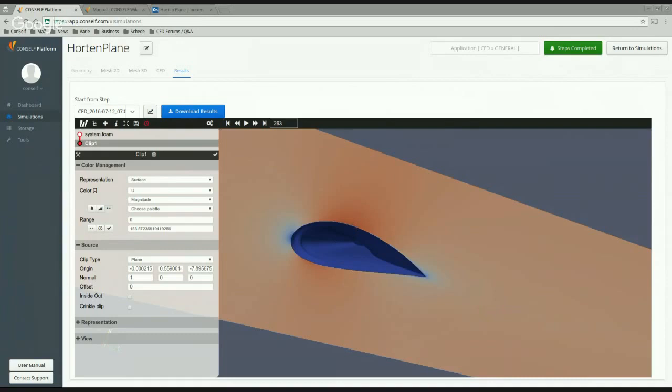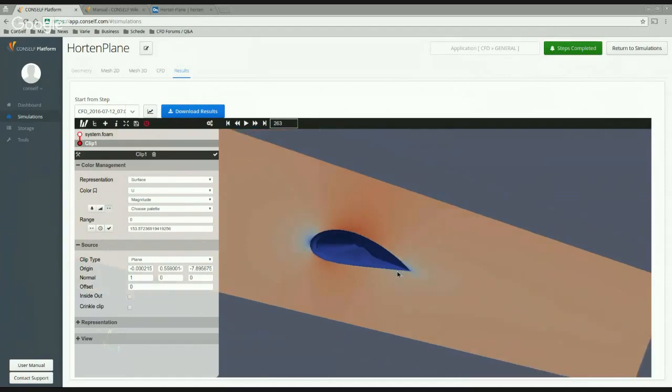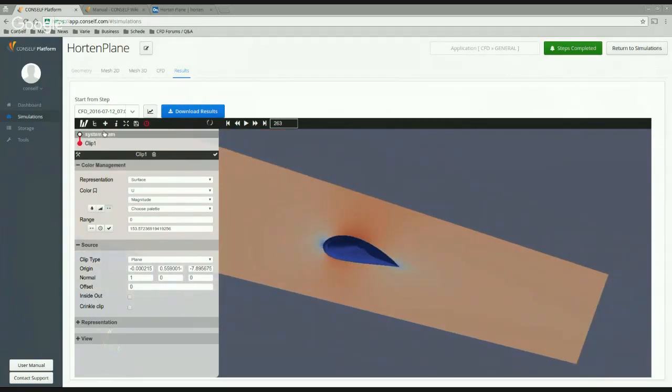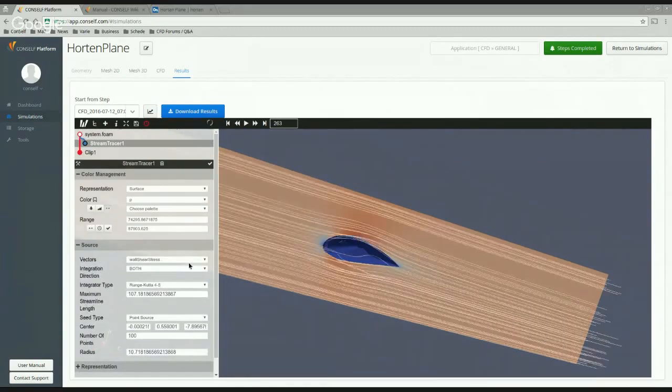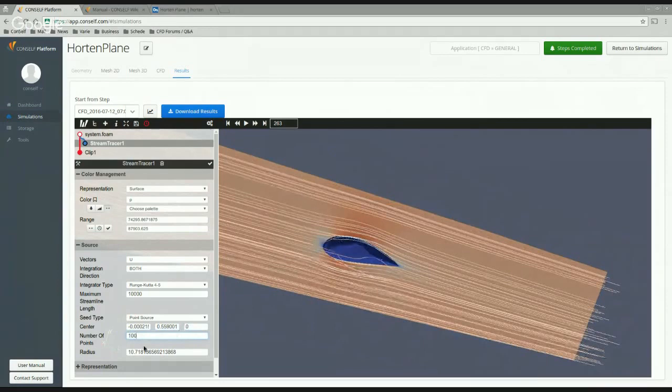Let's say we want to take a look at the flow field, and in particular the trajectories of our fluid particles. We can do it with the string tracer. String tracer, as you start to understand, shows the trajectories of our fluid particles in our domain. So here I'm just setting my point source, so where I want to initialize my particles, and then you can see here,